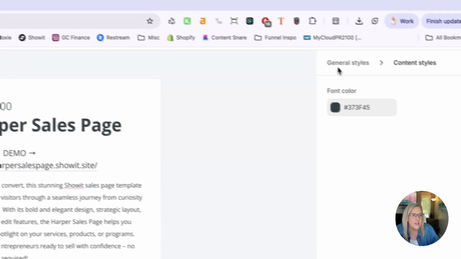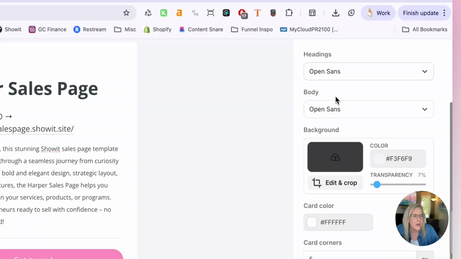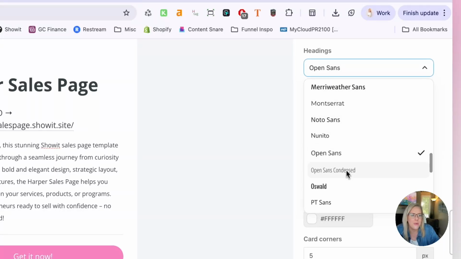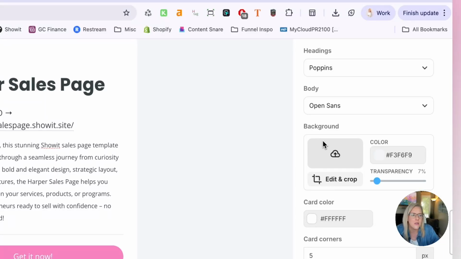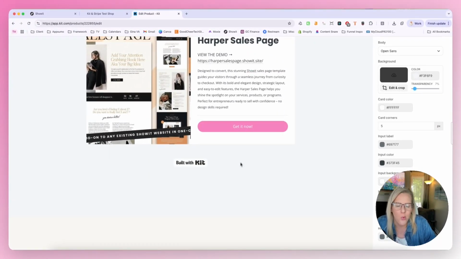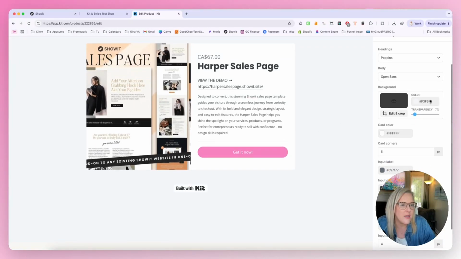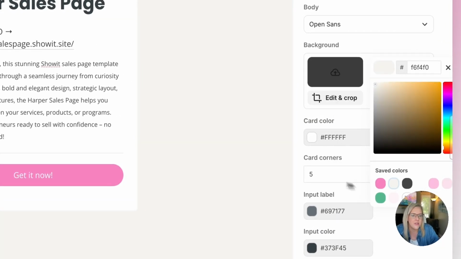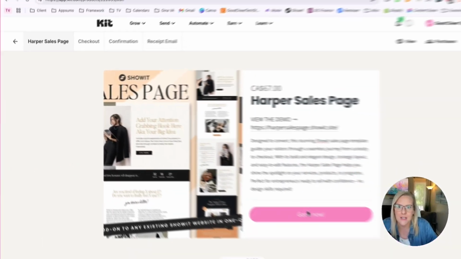I'm also going to customize and go back to the general styles here. I want my headings to match my brand, so I'm going to go right down and choose Poppins. You can choose more customizations in terms of like colors. The other thing that I want to do is change the background, and I'm going to choose this beige that I use on my website so it matches my